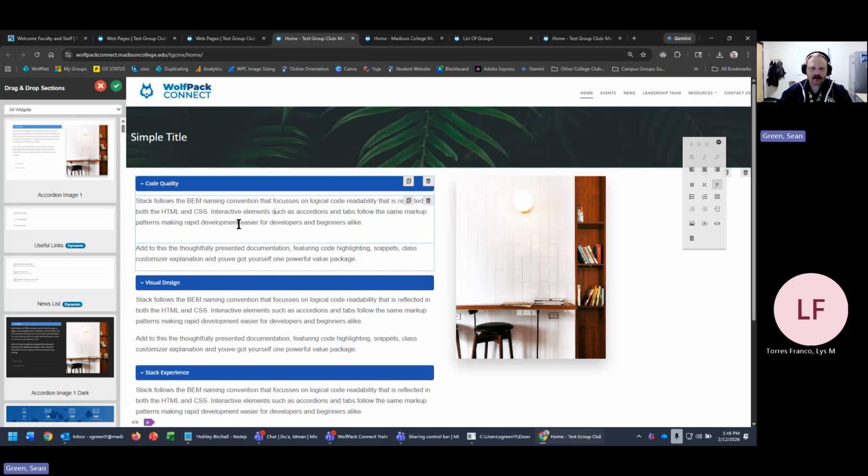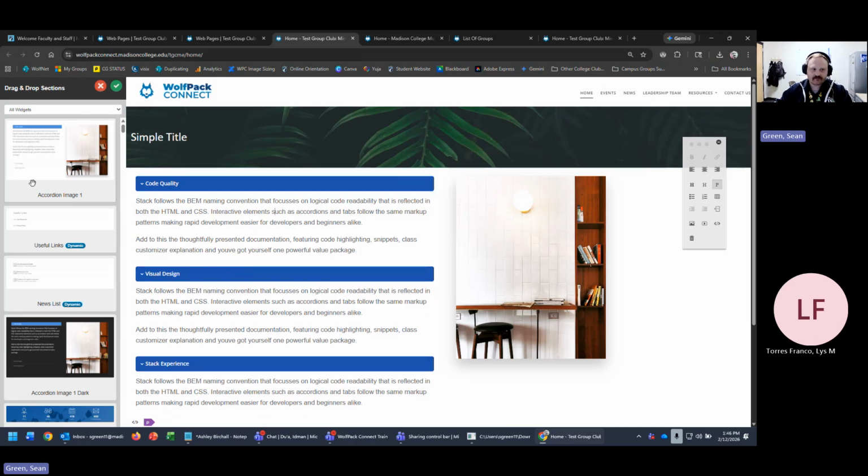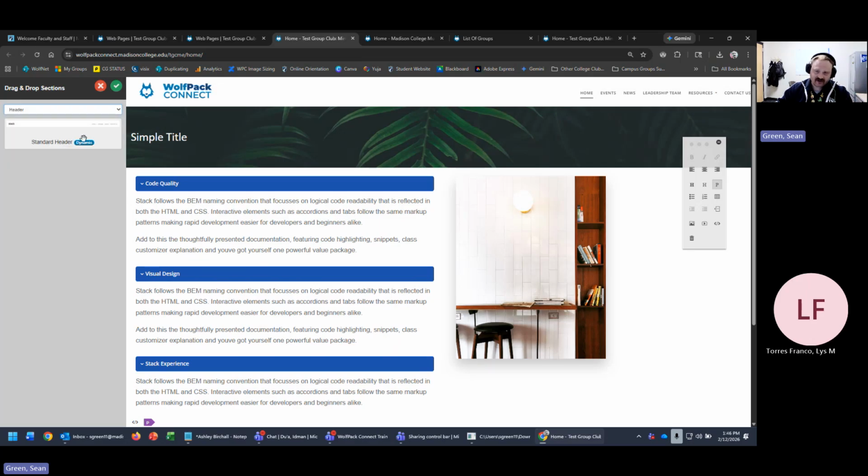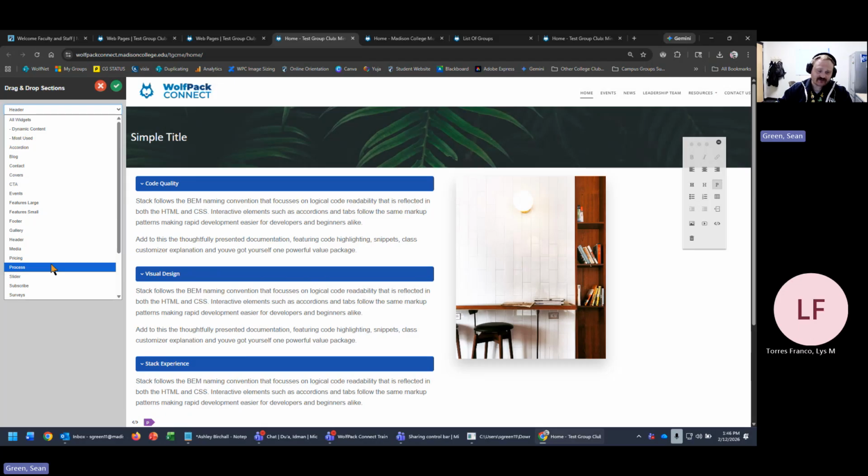section. But if I was just to go ahead and look at some of the default things that you would see, one, you would see this header up here at the top. So it's kind of nice. You can filter and sort out what type of widgets you want to add to your website. So for header, there's only going to be one option, but when you go to footer,